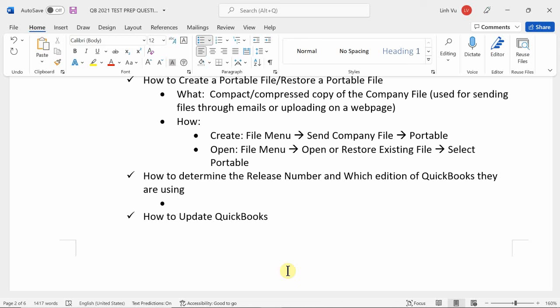So if I need to go to my home page, how do I get to my home page? That's exactly what it says. Or how do I get to my items list? I need to go to the list menu, and I select items list, and then I select new item. Okay, it will be very specific, and if you are memorizing keyboard shortcuts, you will definitely